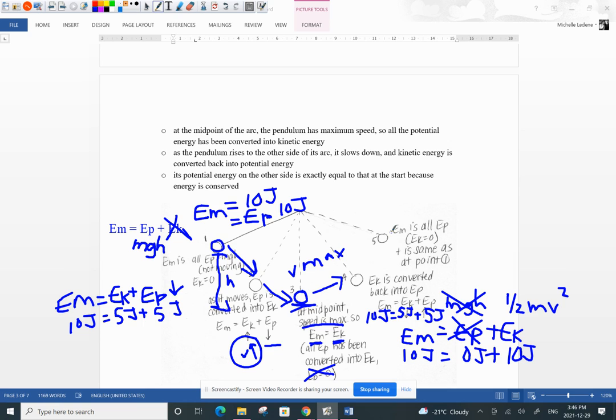And then again, once we get to the very top at the other side, and again, we're assuming that there's no energy in this conversion lost to heat or friction or anything like that, the mechanical is all potential. The object is not moving anymore here. Kinetic is 0. Okay, so